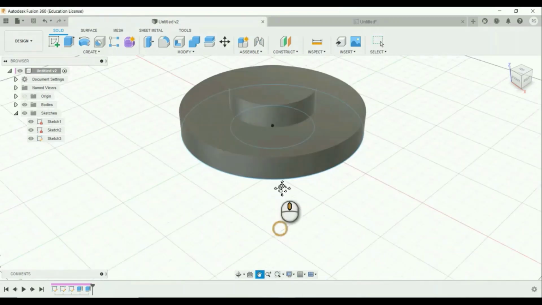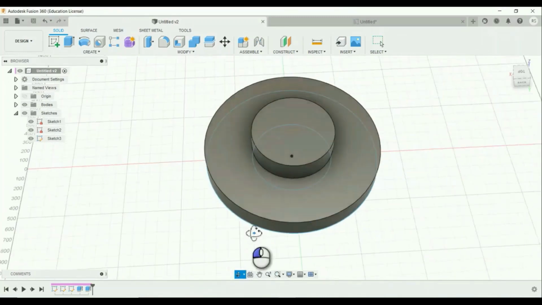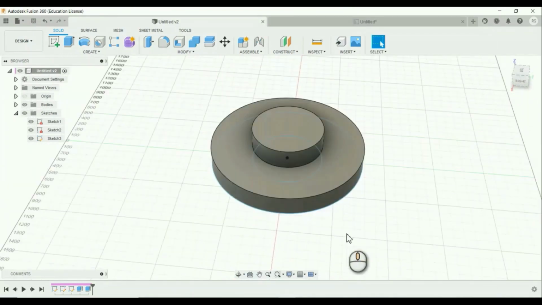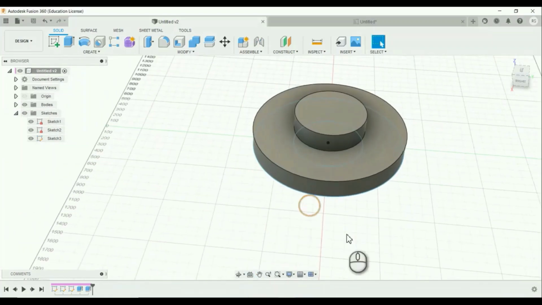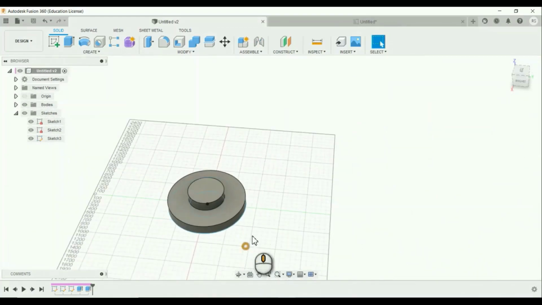After that, at the bottom of the UI interface, this is the navigation bar. In this bar, you can orbit and pan the view. This is the orbit. You can orbit the view by clicking the left mouse, or else you can also click Shift plus left mouse to drag. After this is click the pan to pan the view, and you also click the mouse to pan the view.